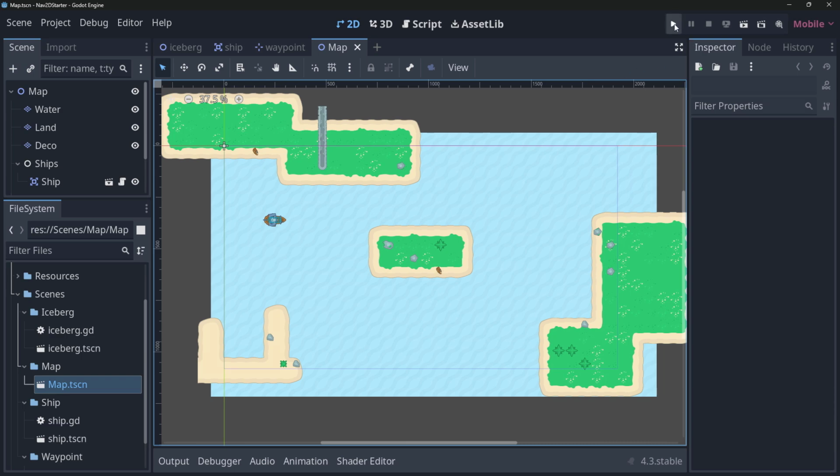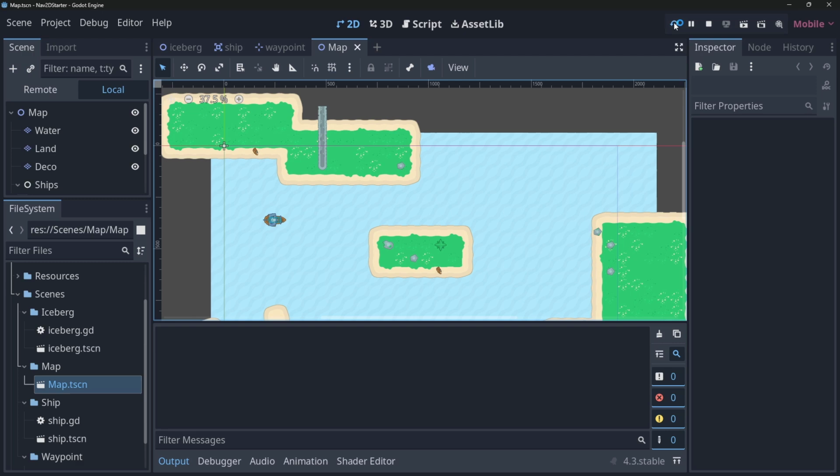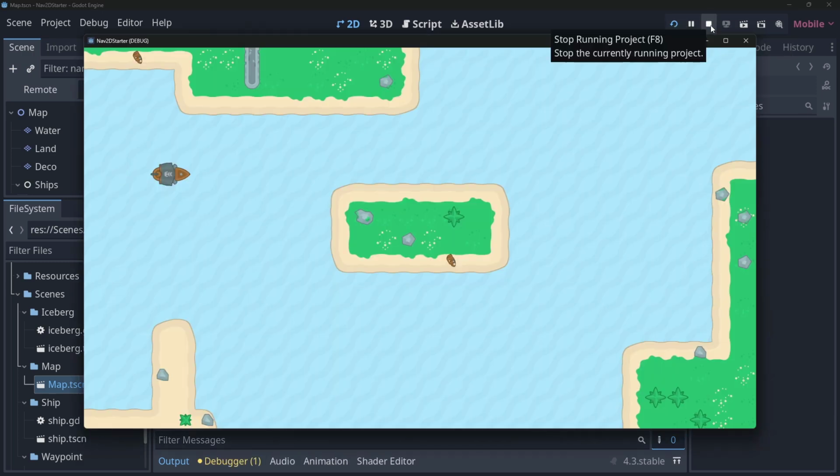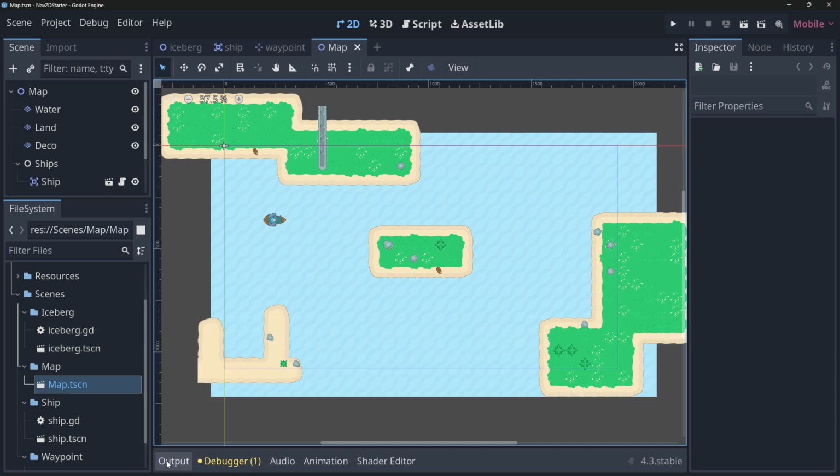Things should be configured so that you can just press play to run the project. And when you do, you should see our map in the window with our ship sitting somewhere on the top left-hand side. What we're going to do in this video is get this ship navigating automatically around